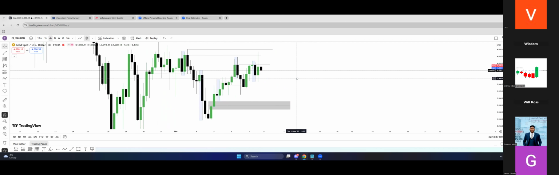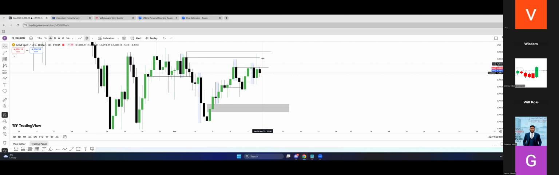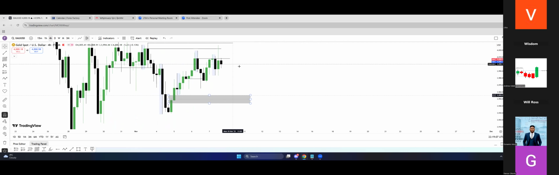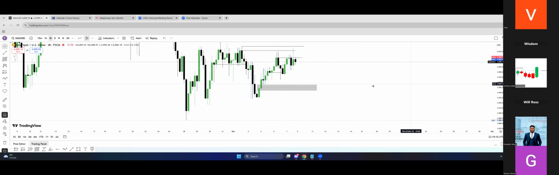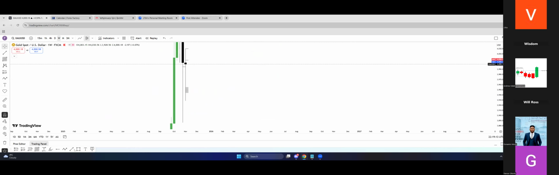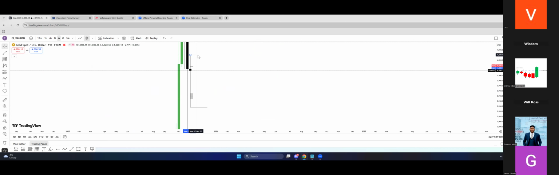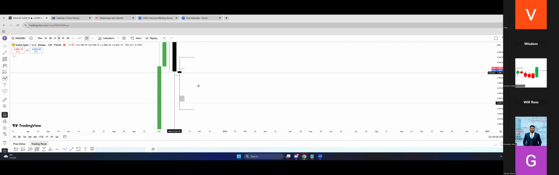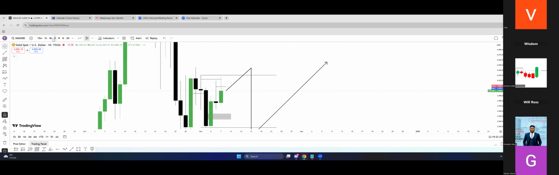So I would like to see price probably move higher to take out this overall high, then come down, or it might just come down into this inefficiency before going higher. But remember, previous week low is very important right here, because this candle is an inside bar, and of course it's an accumulation phase, which means if this week is going to be bullish somehow, I've seen something like this before. We take this, doesn't matter, come back here, go bullish, then from here we'll be going higher for the rest of the week.